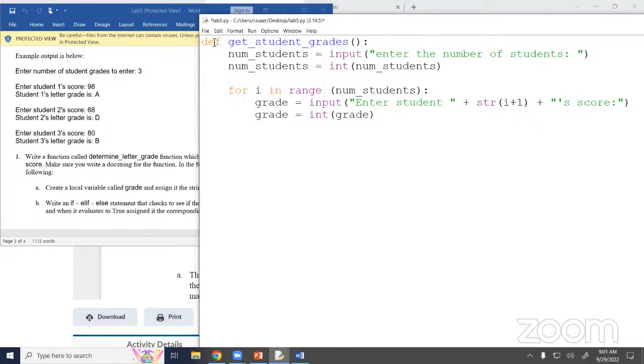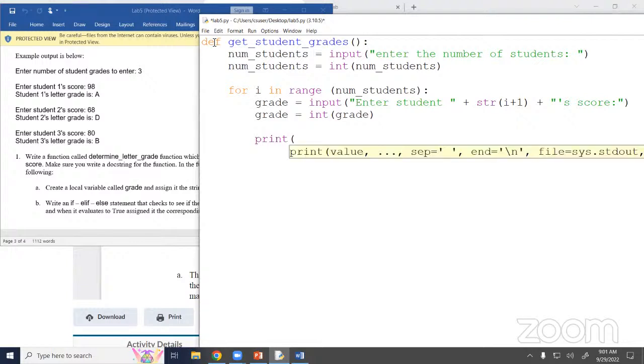And then inside of here, we're going to call determine grade. But remember, determine grade is returning something, so we have to make a choice. We either need to put that value into a variable, or we need to incorporate it into our print statement. All this needs to do is print out stuff, so I'm just going to incorporate it into a print statement because I'm not using this information again. So I need to print, oddly enough, we're going to use some similar things up here. We're going to do student